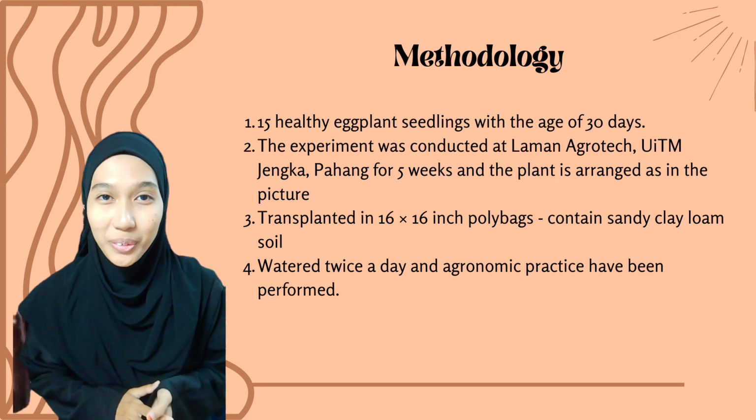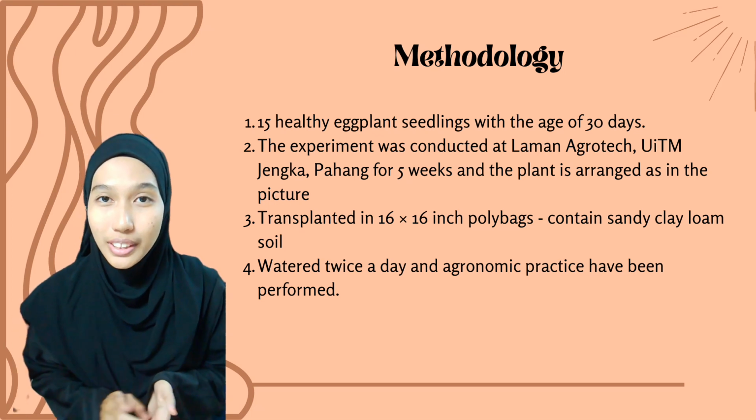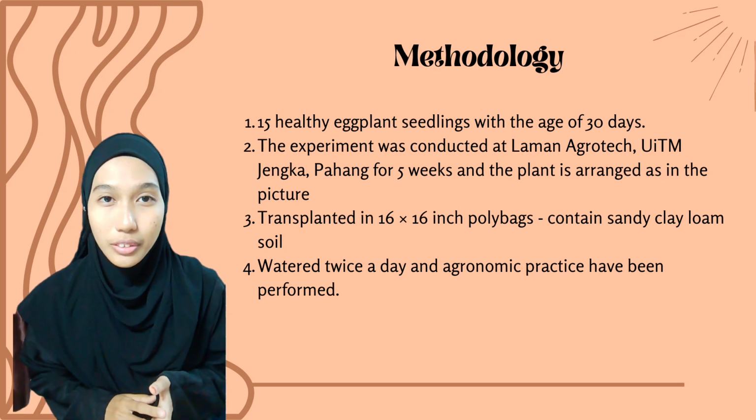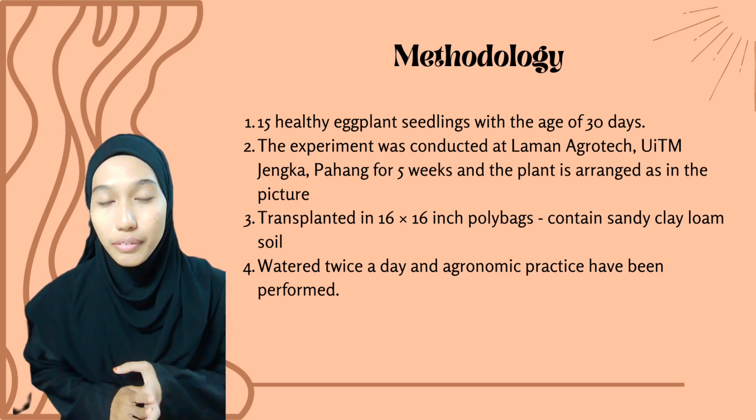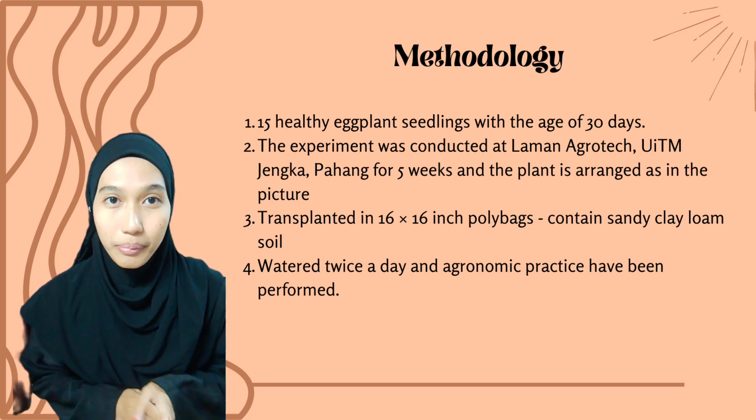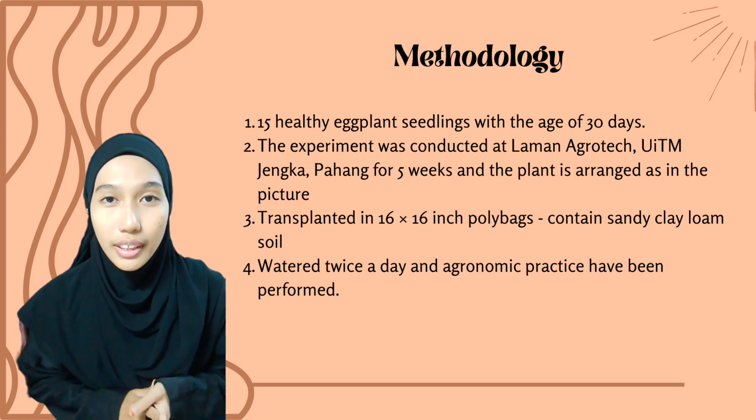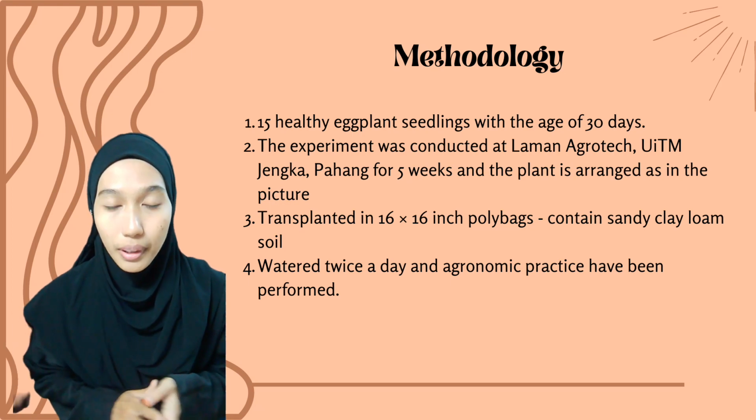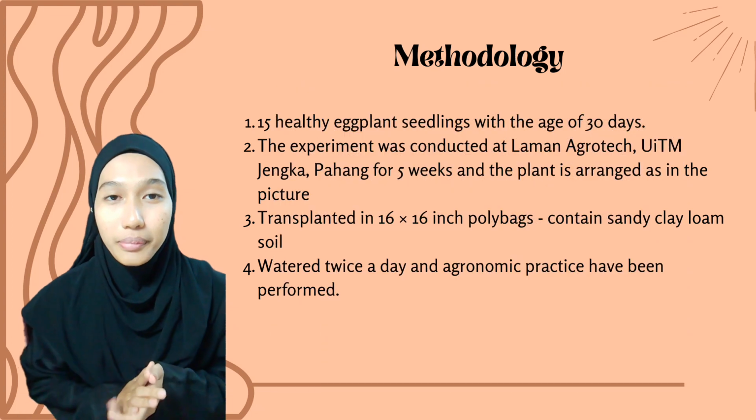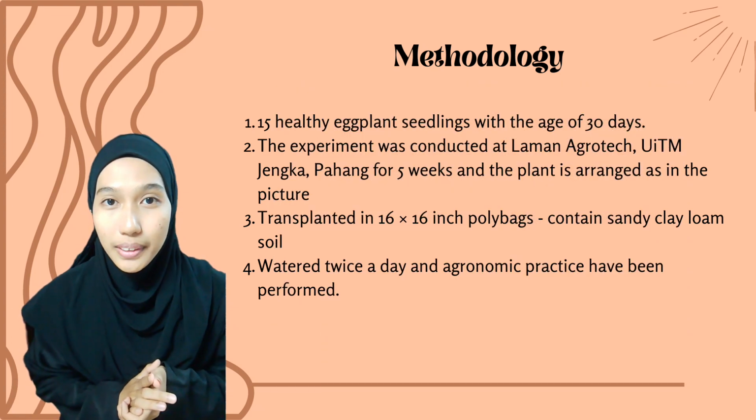Next, I will continue to the methodology part. First thing first is the material needed, of course, the Solanum melongena plant. So 15 healthy eggplant seedlings with the age of 30 days were obtained from the nursery. The experiment was conducted at Laman Agrotech UiTM Jengka Pahang for 5 weeks and the plants are arranged as in the picture. Eggplant seedlings were transplanted in